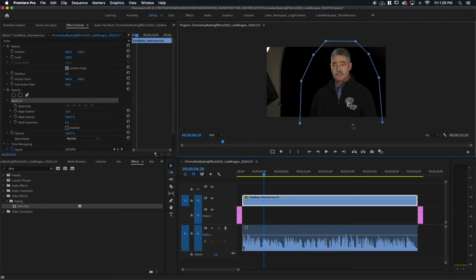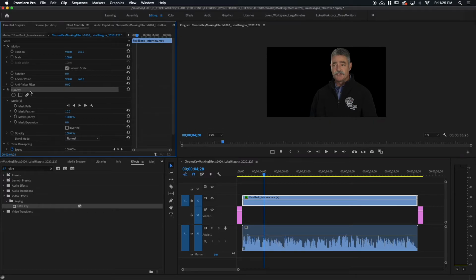Now what I want to do is head over to my first point here to complete and close this shape that I'm making. And when I roll over that, you can see I get this little circle around the pen tool itself. When I have that, basically what that means is as soon as I click this, I'm going to close the shape and the mask will actually take effect. So watch what happens when I do that to everything outside of the shape. Boom, gone. So now I'm going to click off of the word mask here onto just opacity, and you can see we have completely removed everything from behind our subject.